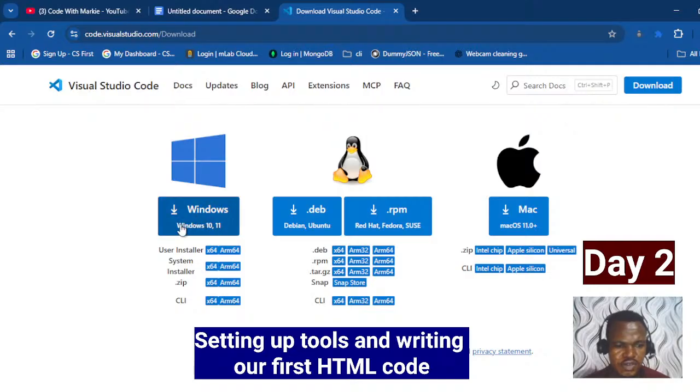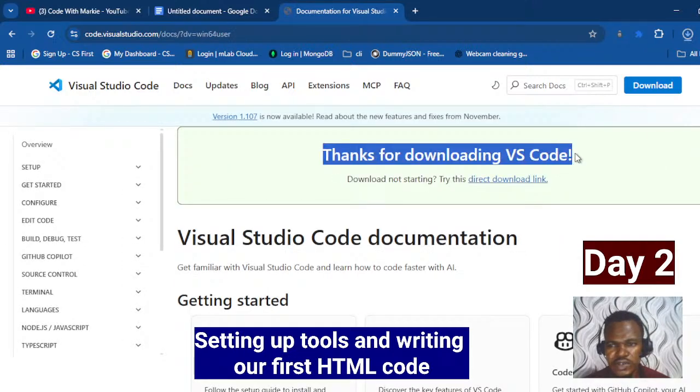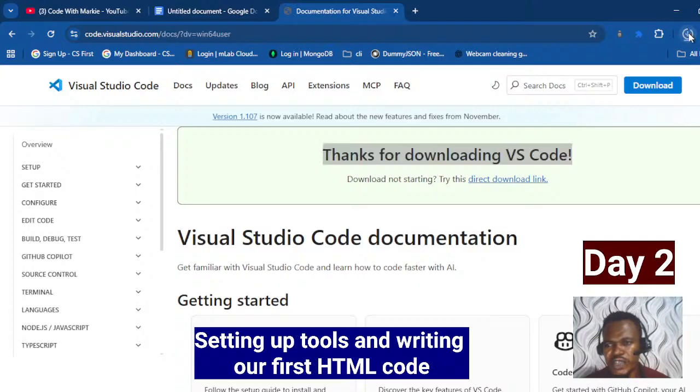So you click on the Windows button here. When you click, it says thanks for downloading VS Code, and it will start downloading. Right up here you can see, if I click here, you see that it is downloading already. I already have it installed, but I'll just allow it to download, and then I'll show you how to start the installation process, and then I'll cut it halfway. So give it some moments, some minutes to download. Then